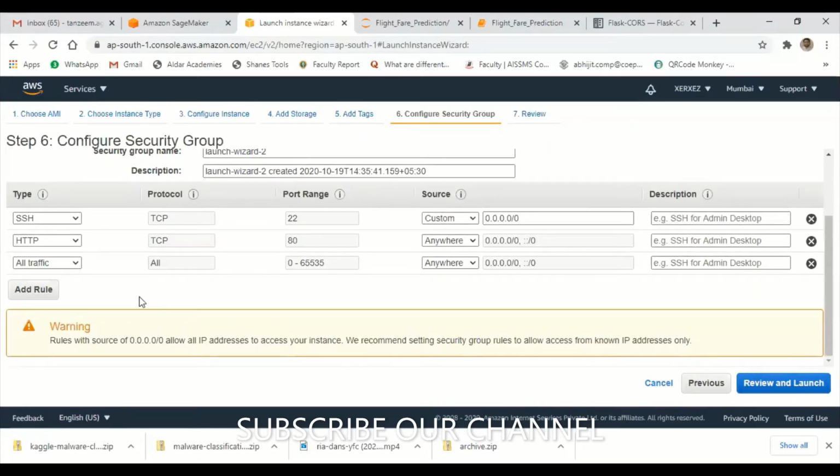Custom TCP. Let's say Flask: you can run Flask on port 8080 if it is in the cloud. If it is on the local machine, you can run it on 5000. Understood? Yes, sir. In custom, you can specifically give the port number, suppose 8080. If I have HTTP, let's try with HTTP port 80. If it is not working, we try to customize the port here. This is the only thing you have to remember.